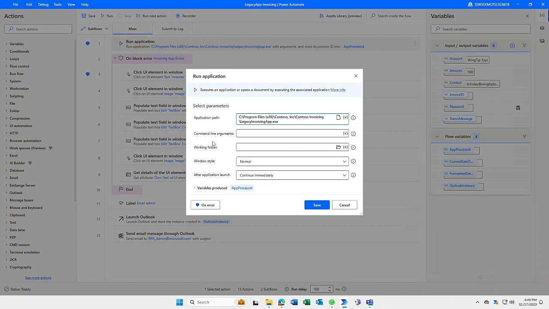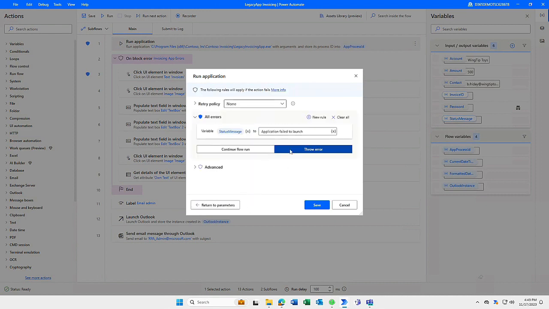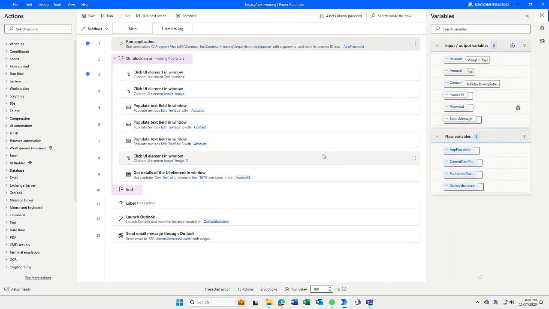So let's see, did I do anything else here? Yeah, so I just set that status message for another one. For example, application failed to launch. Right, so you have a couple of different options as to how you want to manage the errors. You can get quite creative as to how you want it to route the flow depending on the behavior of the application. One of the types of creative things that you can do is if you are working with a search bar